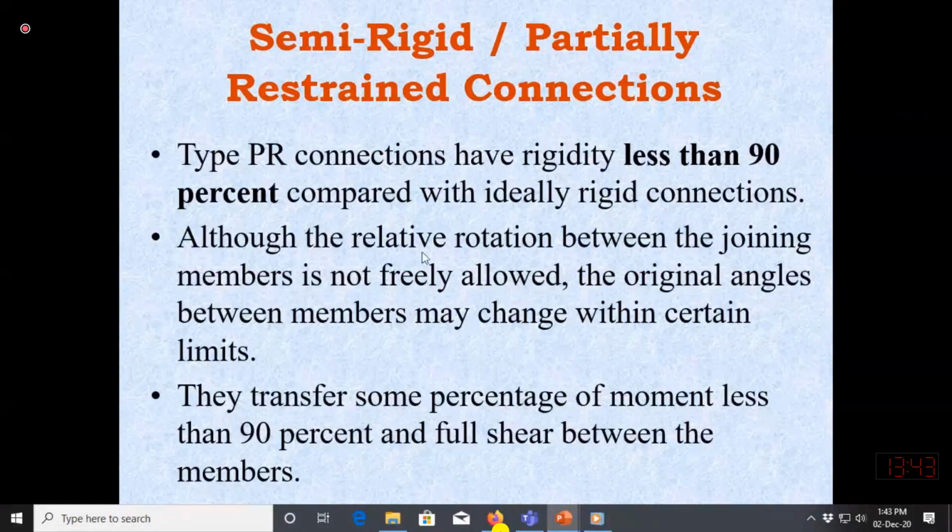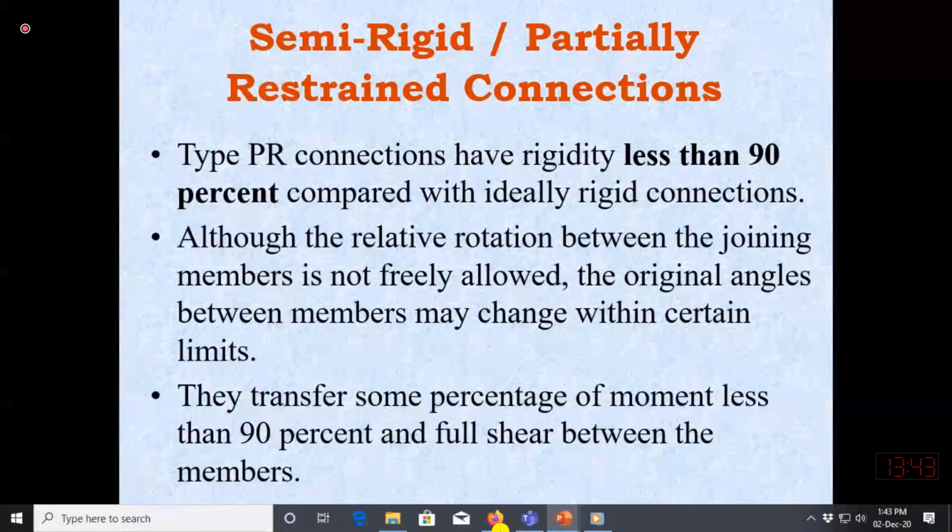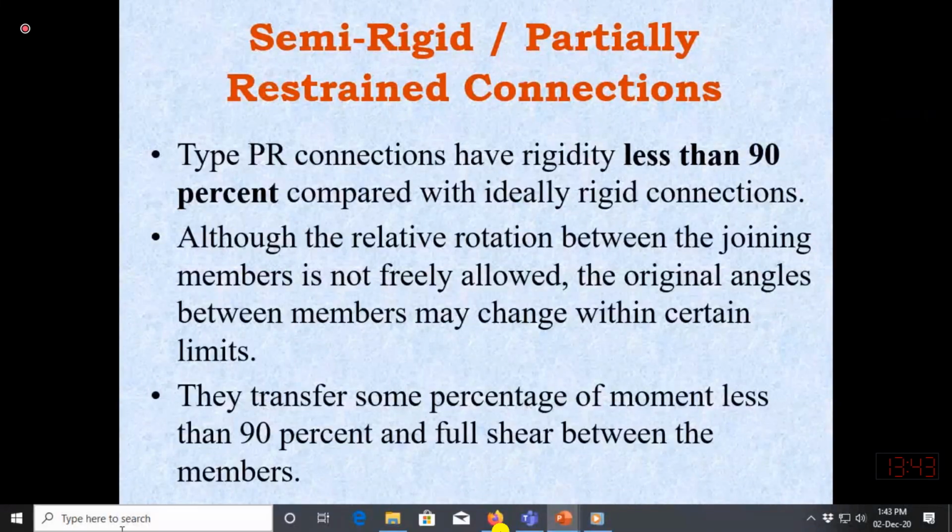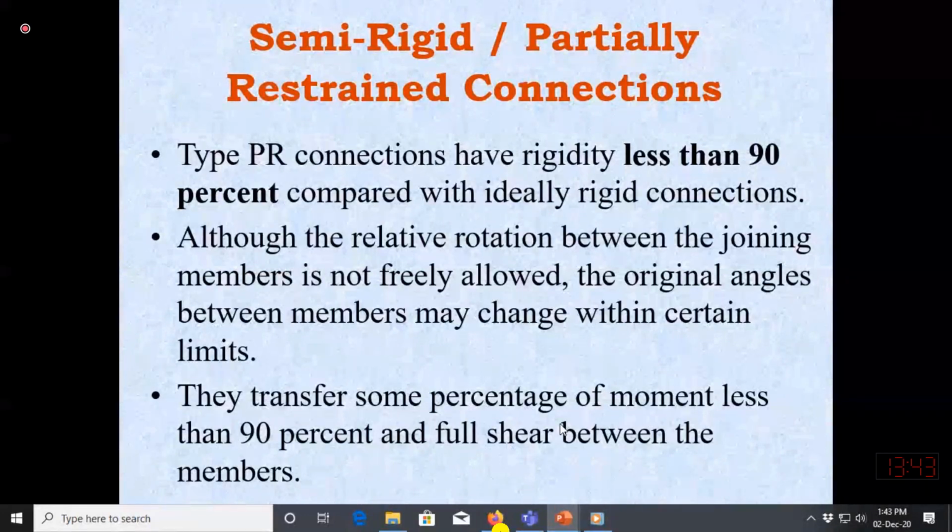Although the relative rotation between the joining members is not freely allowed, the original angle between members may change within certain limitations, because rotation may take place. Rotation means that the angle between beam and column will not remain 90 degrees, but it will change due to the partial transfer of the moment. They transfer some percentage of the moment, less than 90%, and full shear. They will always transfer full shear. It means that the web will always be